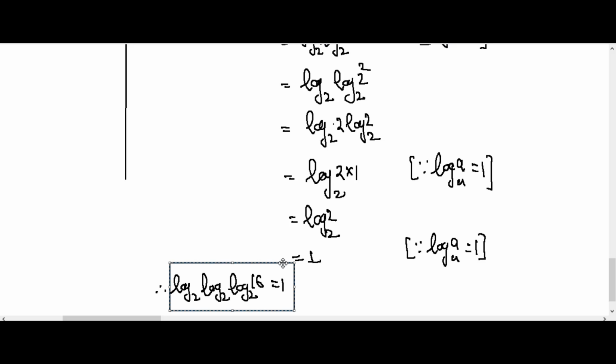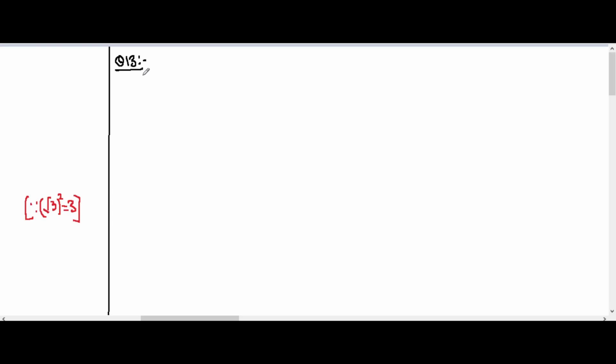Now, question number 13. Here we have to find the value of log 1 upon 3 at the base of 9. So, let log of 1 upon 3 at the base of 9 is equal to x. Again, convert into exponential form. If we convert into exponential form, then we have 9 raised